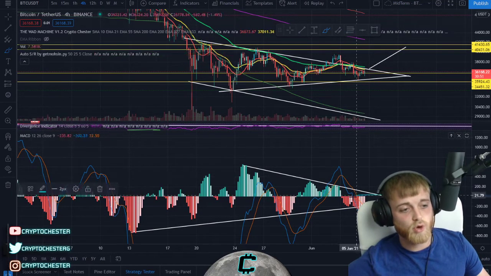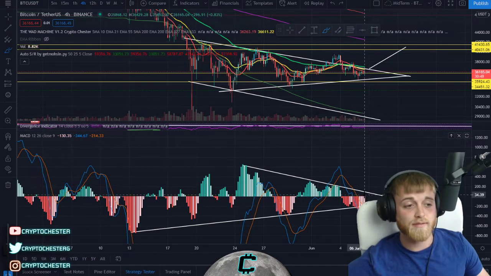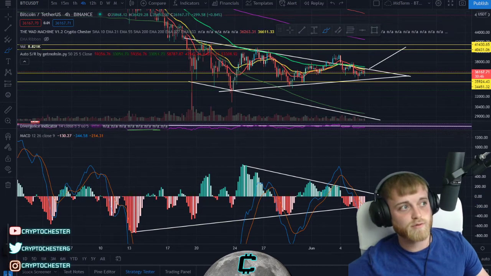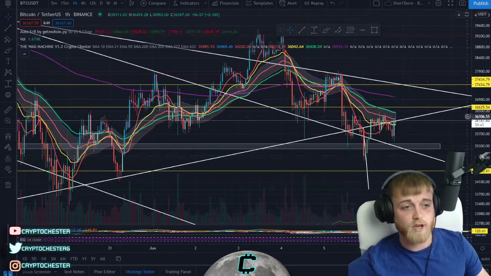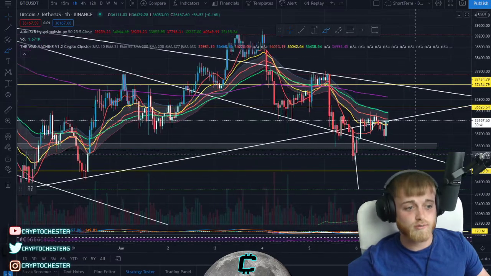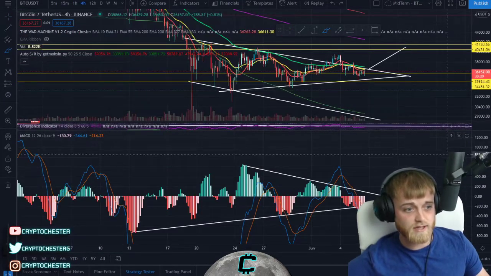But yeah, we do have the support on the lower side if we do have the continuation of this downtrend playing out. If we do find that resistance on the lower side of the symmetrical triangle on the short term, right? So yeah, a few things to think about in terms of referencing different things there.